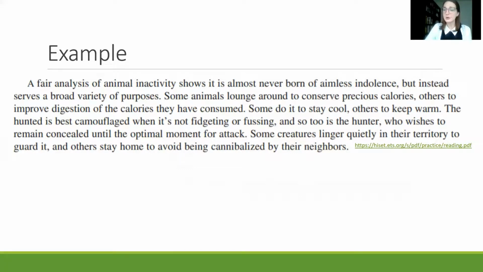Some do it to stay cool, others to keep warm. The hunted is best camouflaged when it's not fidgeting or fussing. And so too is the hunter, who wishes to remain concealed until the optimal moment for attack. Some creatures linger quietly in their territory to guard it, and others stay home to avoid being cannibalized by their neighbors." So this text comes from a HiSET reading practice test, and we're going to use this little section today